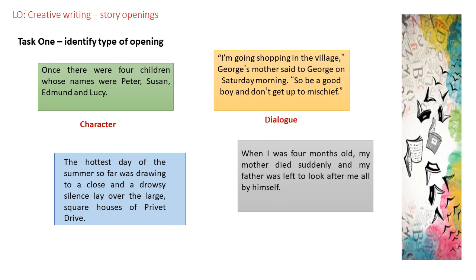And then you've got dialogue, you've got a character speaking. For the Harry Potter one, you've got setting, describing the place, and then action. So the death is a reference to action that took place, thereby engaging the attention of the reader. So please can you make sure you've got those 4 things written down.